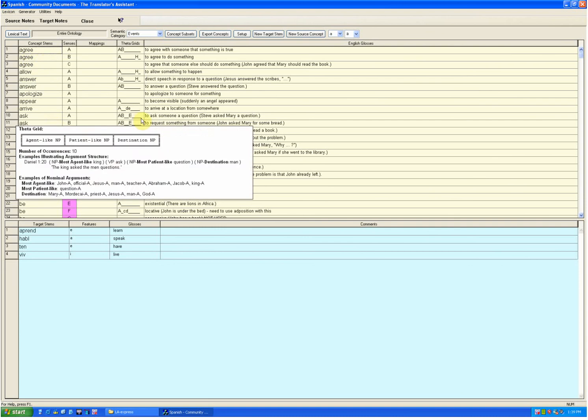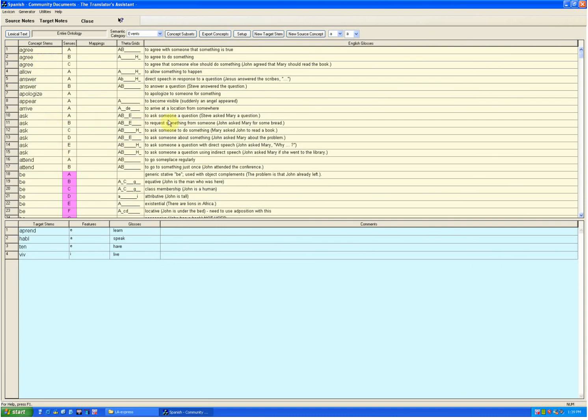Another example, ask. We have several senses of ask: to ask a question, to request something from someone, to ask someone to do something, to ask someone about something, and then we have a direct speech asking a question, and an indirect speech asking somebody a question. So again, some of them are different, like to ask somebody to do something versus he asked a question, and then some of those are the inquiry type of meaning, but they have different